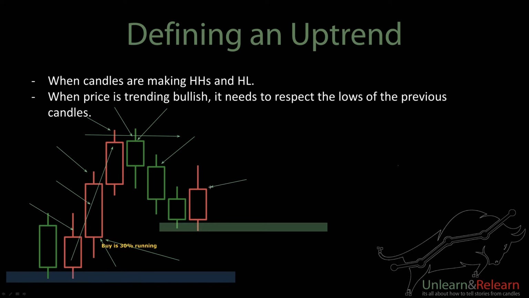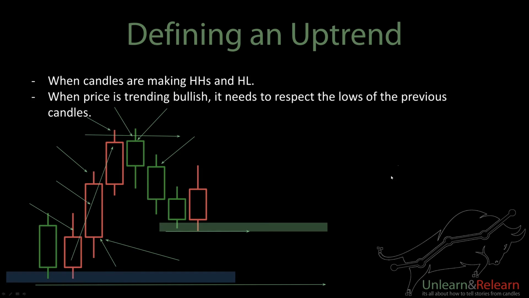But the first thing you want to ask yourself is, if I enter a position here, will my stop loss be down over here, or will my stop loss be down over here? This is really important, right? At this stage, your stop is going to be below this fresh support, below this candle, because you're anticipating the next candle to make higher highs and higher lows. You're not anticipating the next candle to break the low. You're anticipating it to go up. So if you look at the next candle, it starts to go up because it has to respect the previous low.